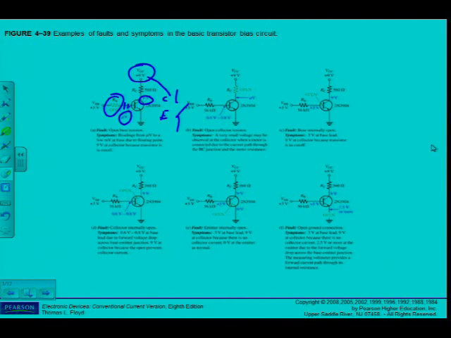If you look at the second one, you can see the fault. They say the fault is open collector resistor. What are the symptoms? A very small voltage may be observed at the collector when a meter is connected due to the current path through the base collector junction and the meter resistance. But you can see the voltage that they indicate here at the base,